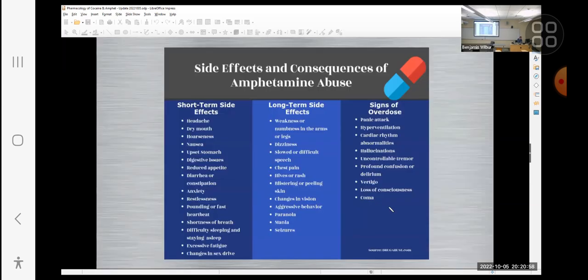Yeah, we know there's a lot of side effects and consequences of amphetamine abuse. Some are short-term, some are long-term, and some can be signs of overdose. So the cardiac rhythm abnormalities are the ones that are often the fatal ones. Ventricular fibrillation is relatively immediately fatal. And that's often how amphetamines kill, is somebody has a susceptibility or some predisposing factors to developing a cardiac arrhythmia,